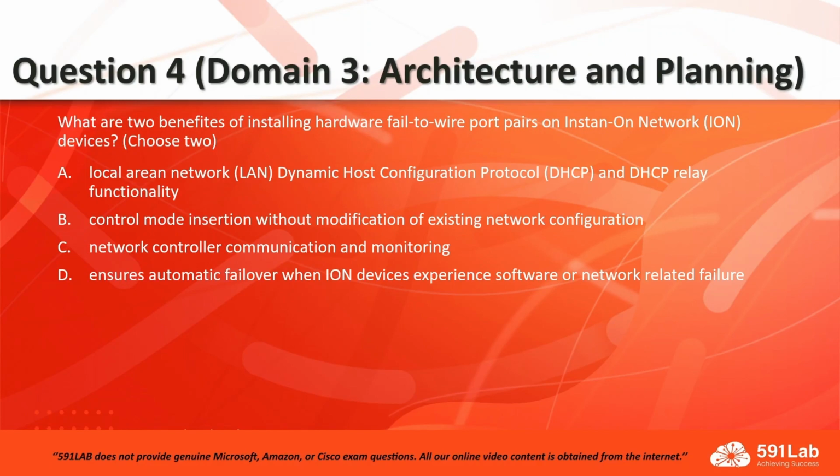Let's discuss question number 4. The question is as follows: what are 2 benefits of installing hardware fail-to-wire port pairs on Instant-On Networks or ION devices? Choose 2. The options are as follows: A. Local area network or LAN, dynamic host configuration protocol or DHCP, and DHCP relay functionality, or B. Control mode insertion without modification of existing network configuration, or C. Network controller communication and monitoring, or